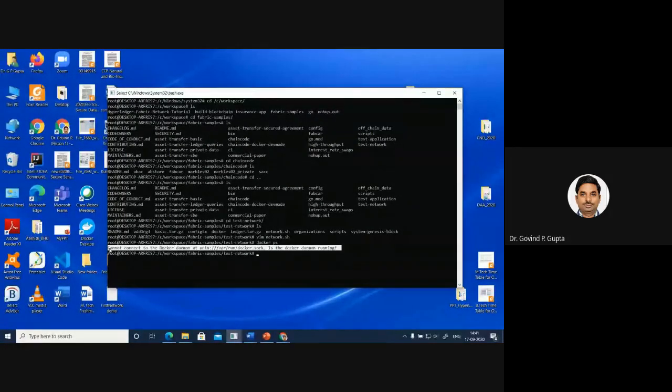This error you sometimes perceive while using Hyperledger Fabric: can't connect to the Docker daemon. Don't worry, there is a solution. If such things happen, you have to just set the port number.